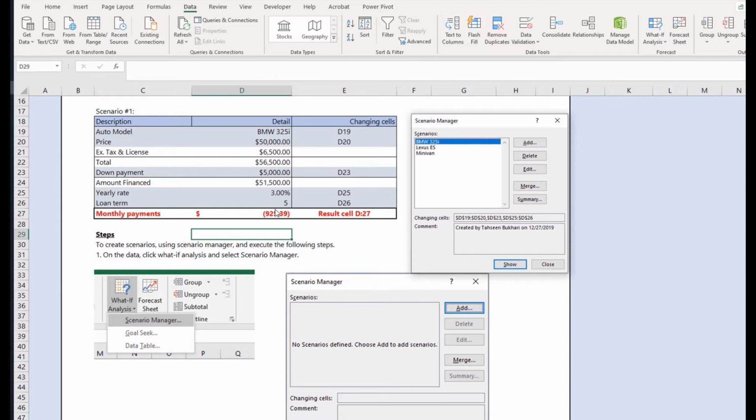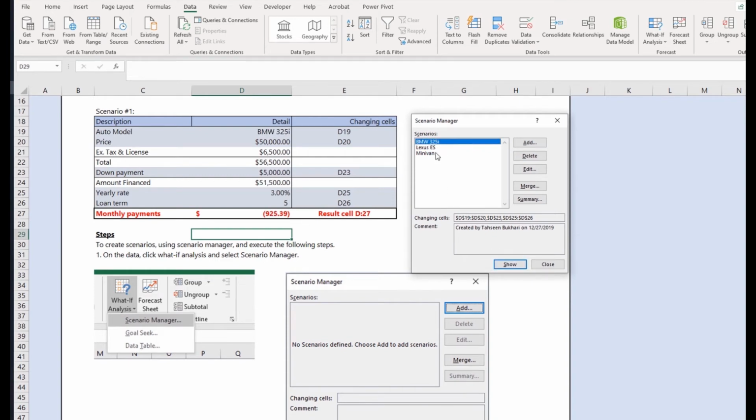So that's really the end goal of what I wanted to achieve in these different scenarios. I want to see, based on my affordability and what I know I can afford on a monthly basis, what are my different options and pricing considerations for the three vehicles. Well, we know that the minivan is the cheapest at less than $900 a month. The Lexus is $1,174, so it's the most expensive, and the BMW is $925 a month, so it's in the